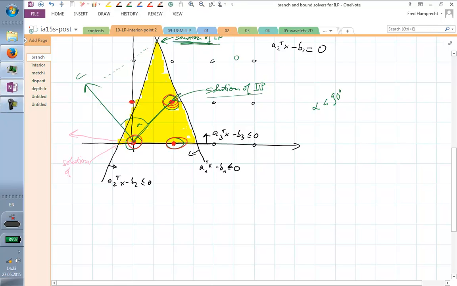That would be the solution of the LP, because this is the corner of my yellow region which lies furthest along this vector. But in between I can find some tricky solutions. Let's be tricky now. So I'm now taking the right angle here,